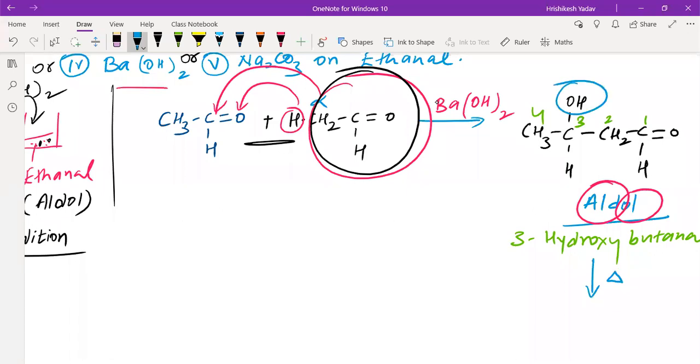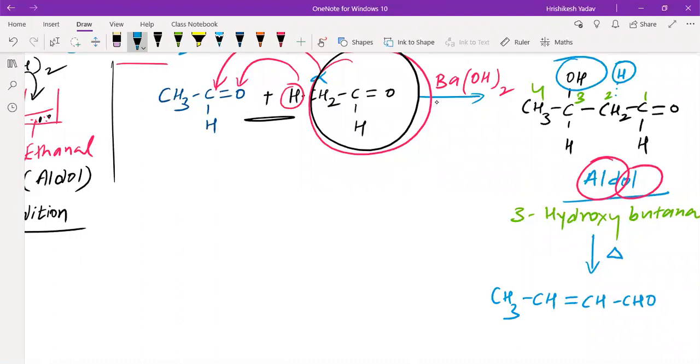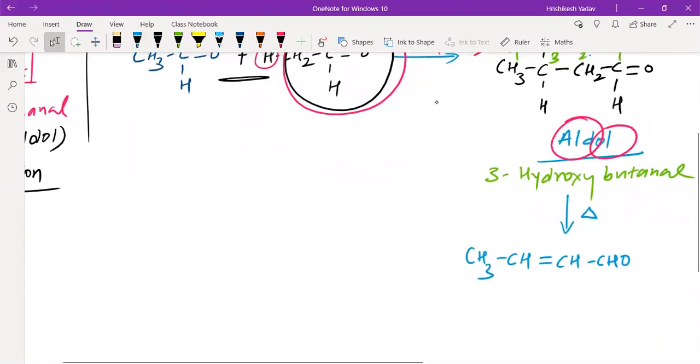That is hydroxyl group from here, and from right side this one hydrogen, and after removal of this water molecule, the product which we get is CH3, and here we can write CH, and then double bond forms here, then CH and CHO, and the byproduct which we get is plus H2O,